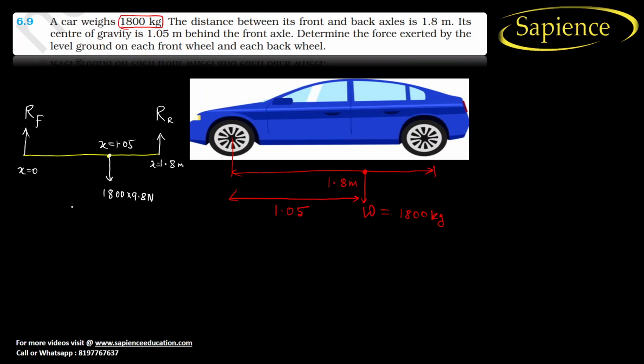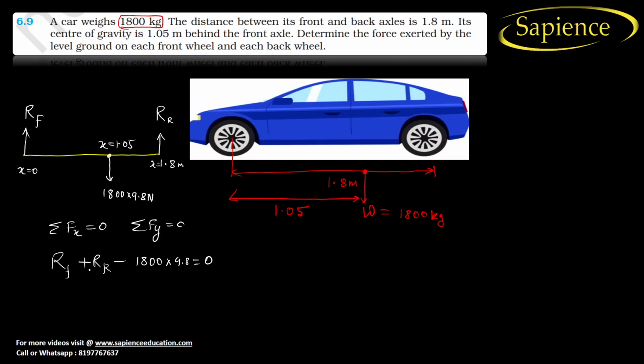Now as we know it is in equilibrium, so we equate the sum of Fx equal to 0, but in the x direction no force is acting. Summation of Fy is equal to 0. That means Rf plus Rr minus 1800 into 9.8 Newton